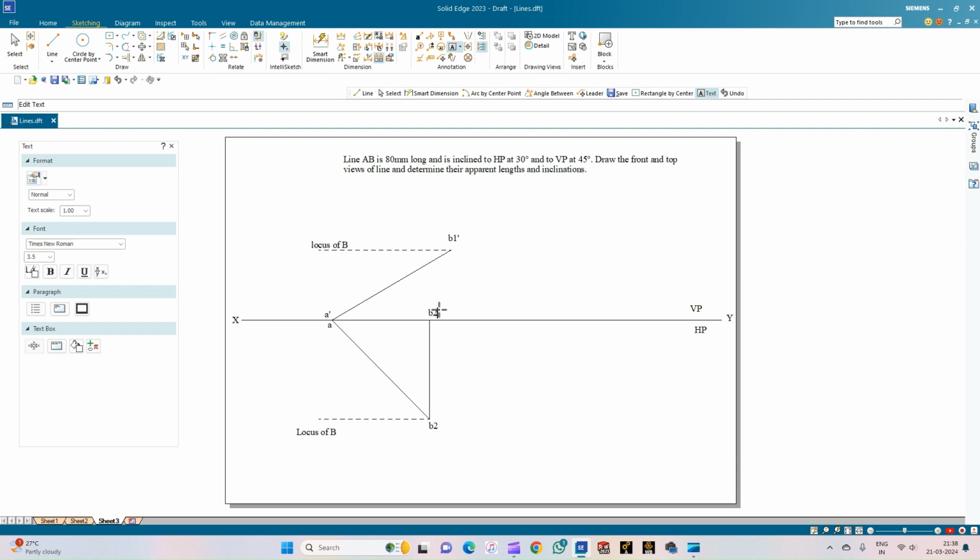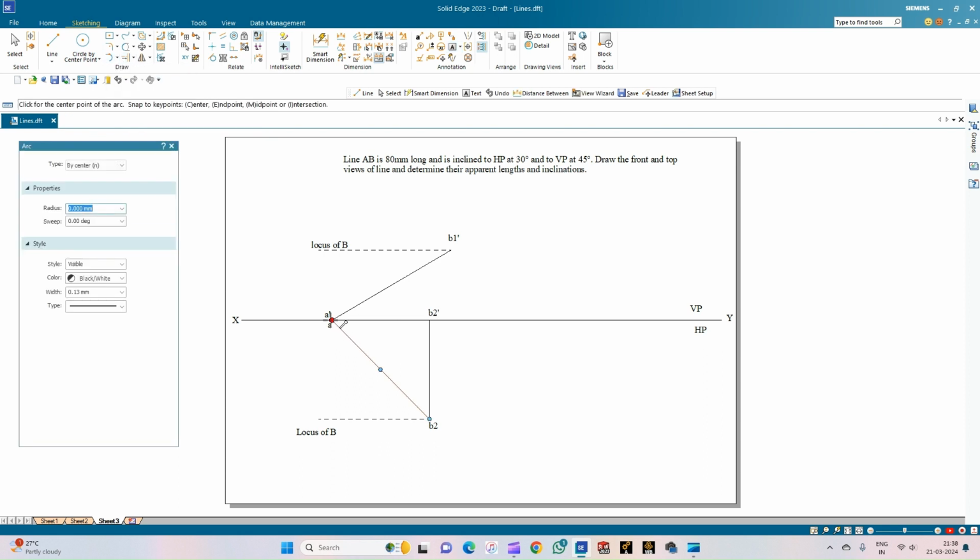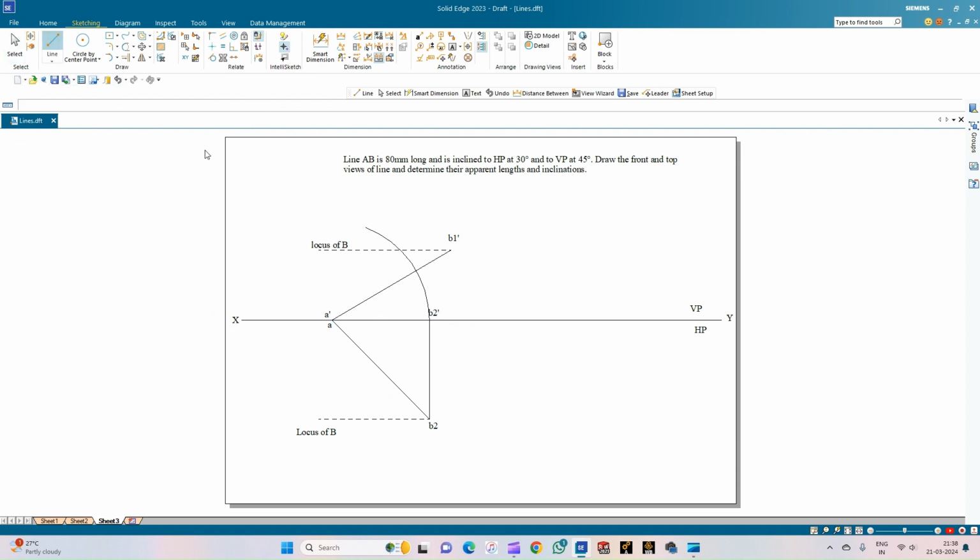So A dash B2 dash is going to represent the front view of this line AB2. So now we can go for arc by center point and select the first point as A and the second point as B2 dash, and try to cut an arc to intersect the locus of B in the vertical plane,